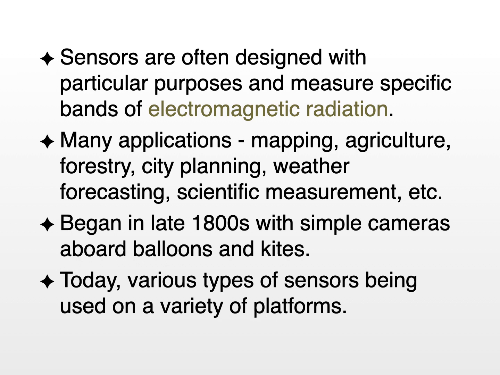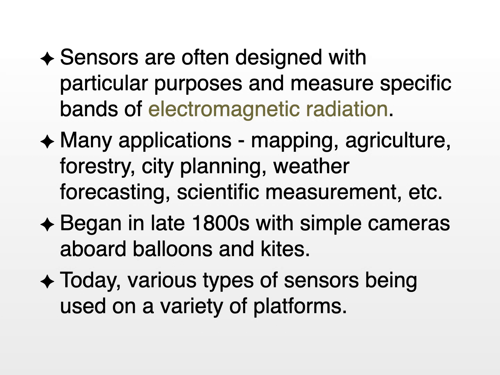Sensors to do remote sensing are often designed with specific purposes, and often they are designed to measure specific wavelengths of electromagnetic radiation. Some common examples of using remote sensing include mapping, agriculture, forestry, city planning, weather forecasting, and other forms of scientific measurement. We've all seen Google Earth. Google Earth uses images from either aerial photographs or from planes or from sensed images using fancy sensors that are